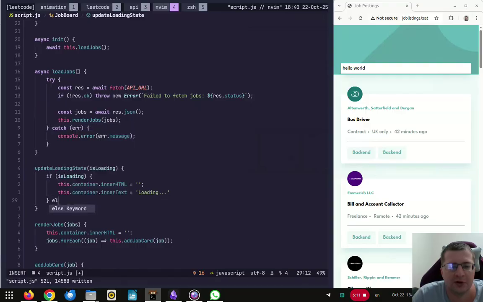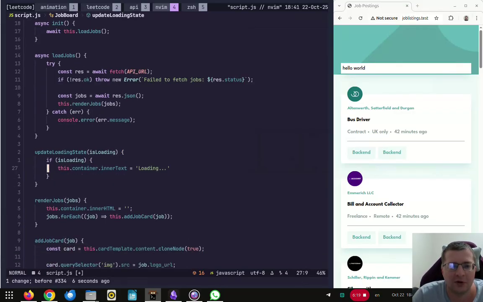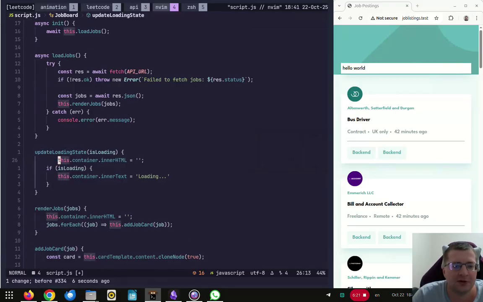Otherwise I would have to clear it, but in reality I don't actually have to create a separate method for that. You can just do this thing,